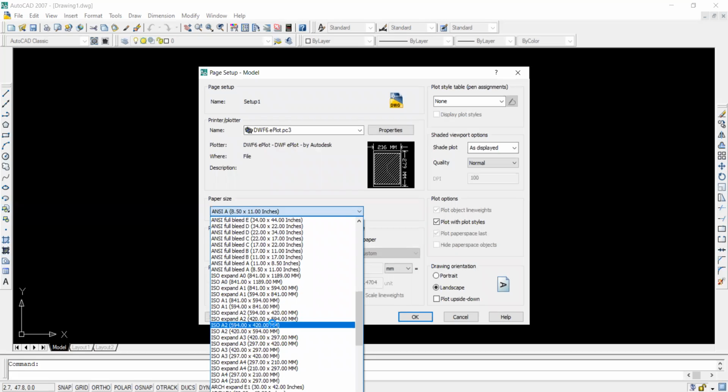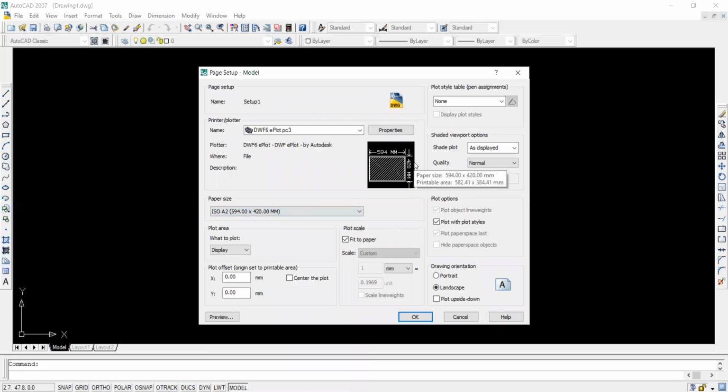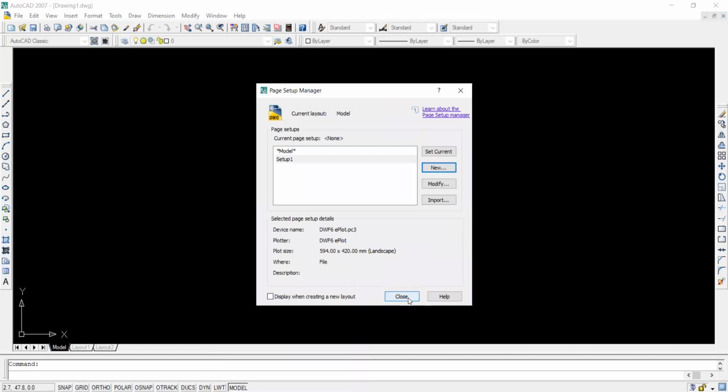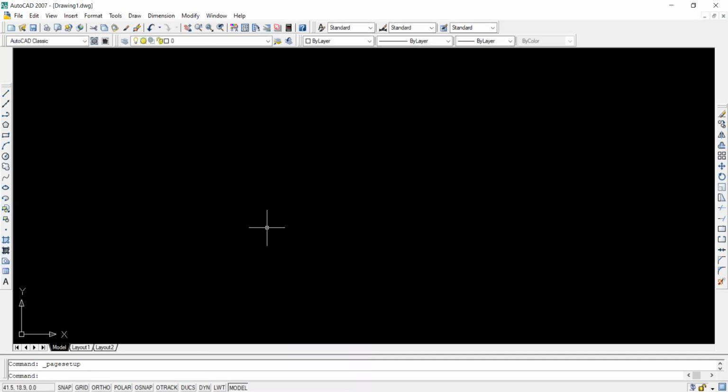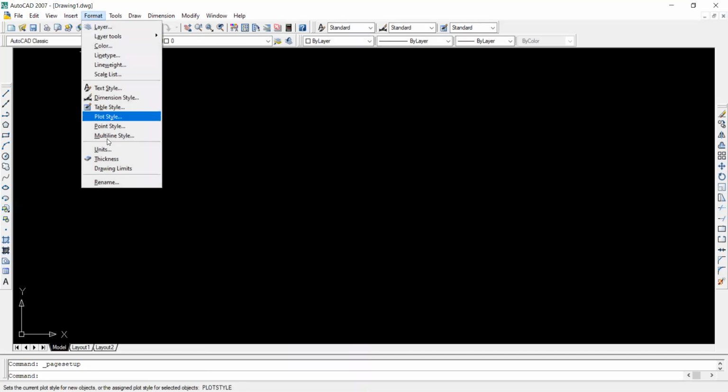So this is our drawing sheet, 420 by 594. So I have selected that. So now 594 by 420 is our limits.